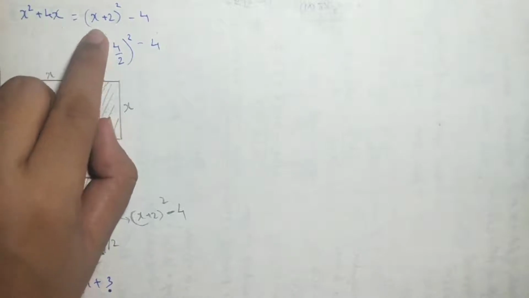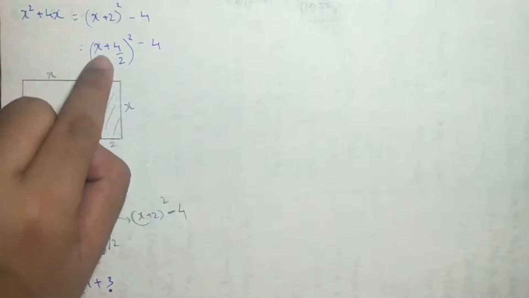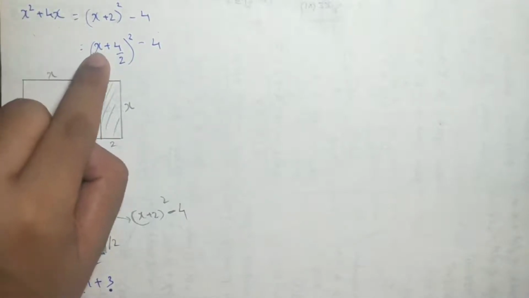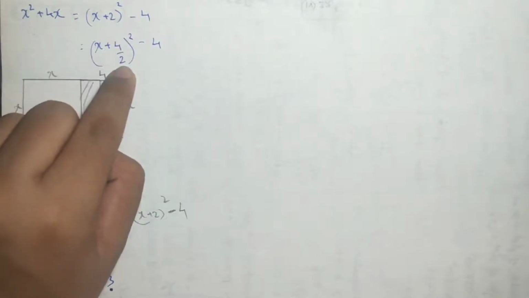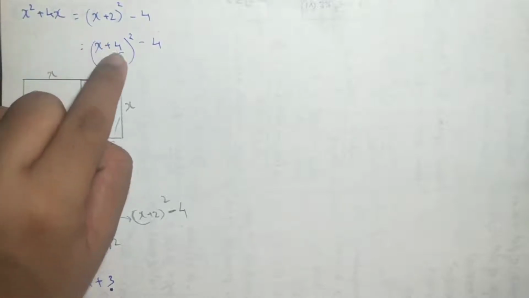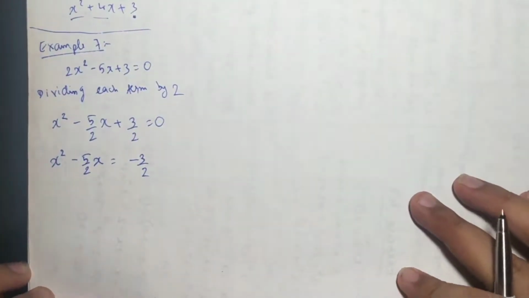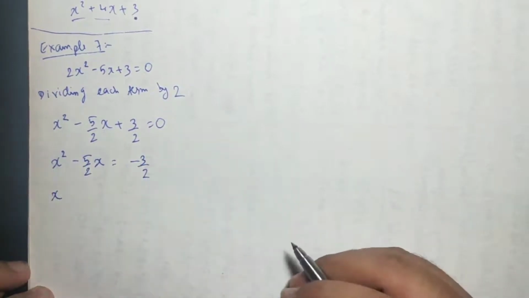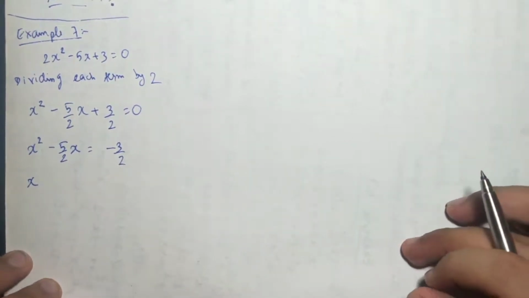Now x plus 2, see, if it is x square plus 4x, the first term is the square of x, so already we have written x, and the second term is 4x. See, I have used the coefficient of x and divided it by 2. I bluntly used the coefficient of x as the second term and divided it by 2. So how to solve it? This is the extra step which was not explained in that method, but understand how to do it.